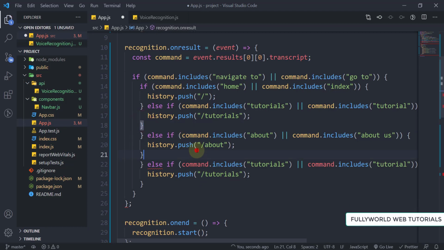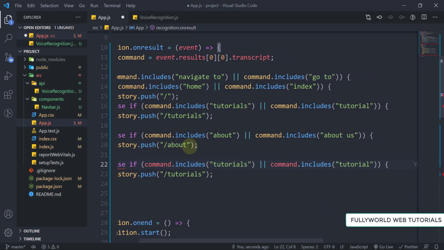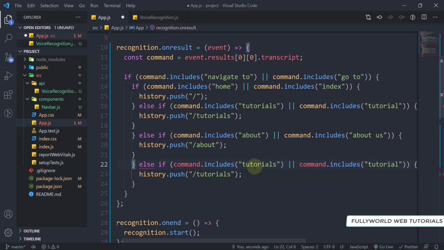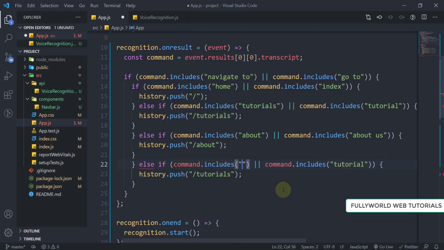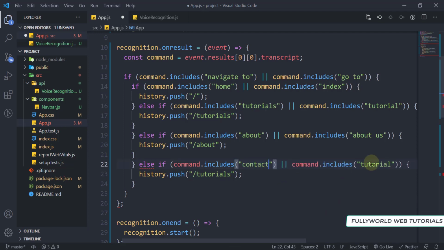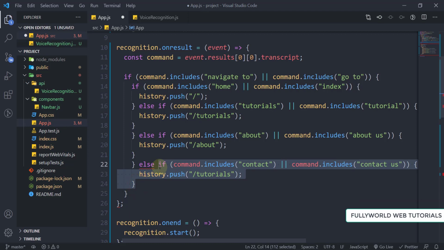So there is something suspicious here. And if this command.includes "contact" or "contact us", so let me see it again.